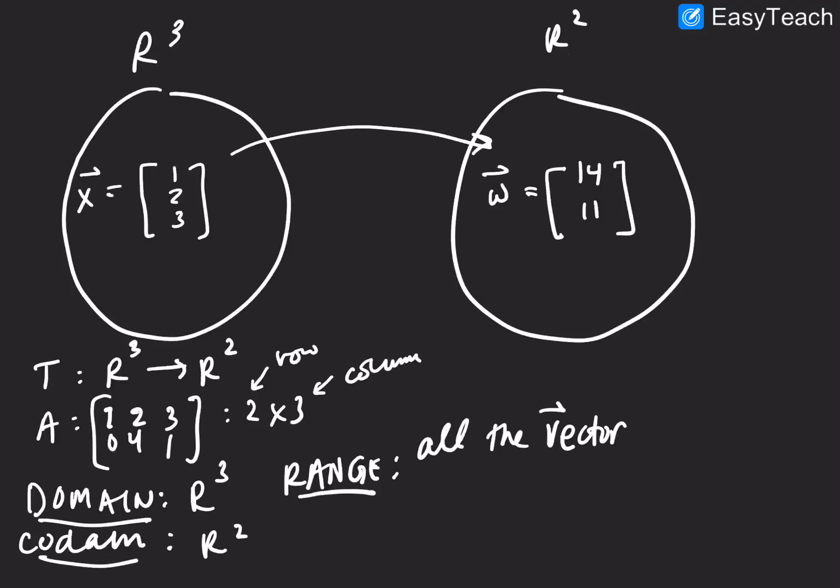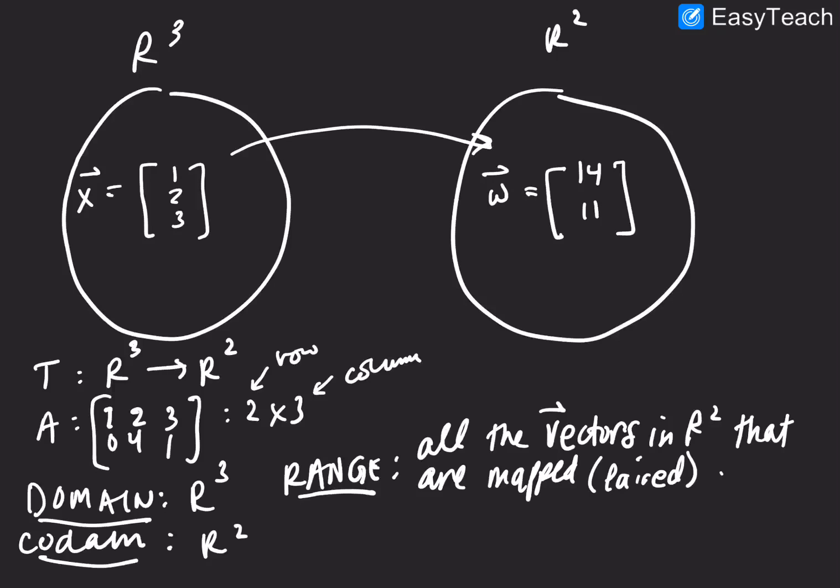All the vectors in R2, which is here, in R2, that are mapped or paired, another way to say it, and the range is a subset of the codomain. So I guess another way of writing the range would be something like this. All vectors